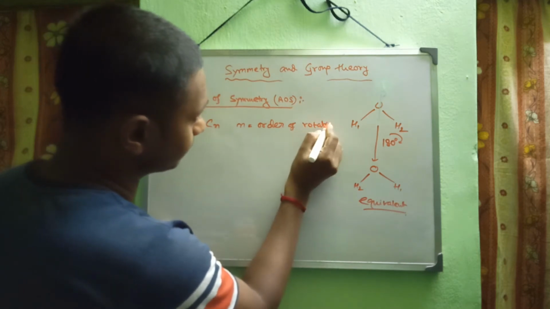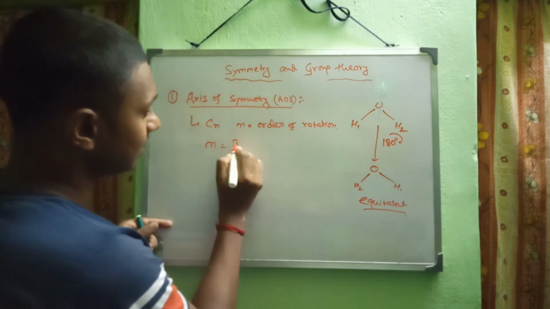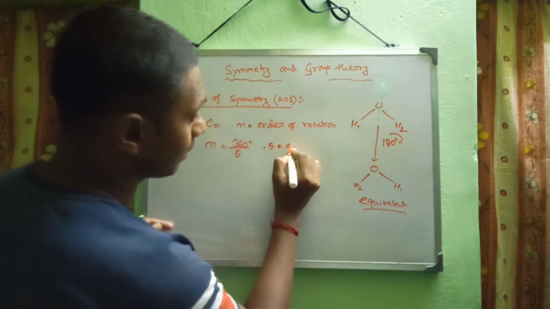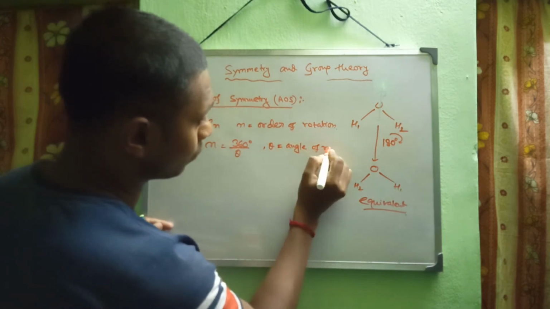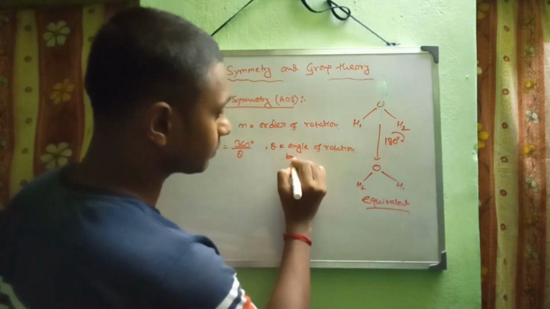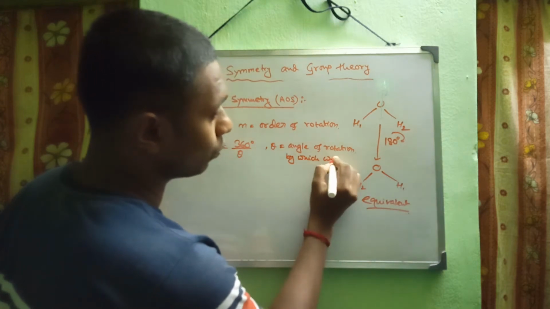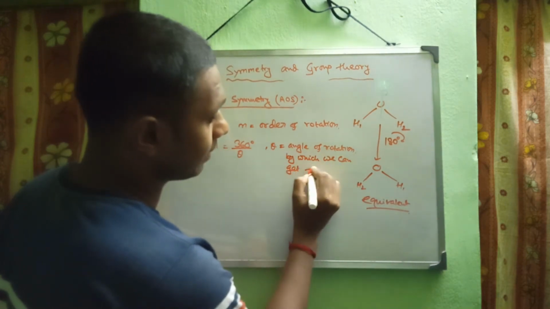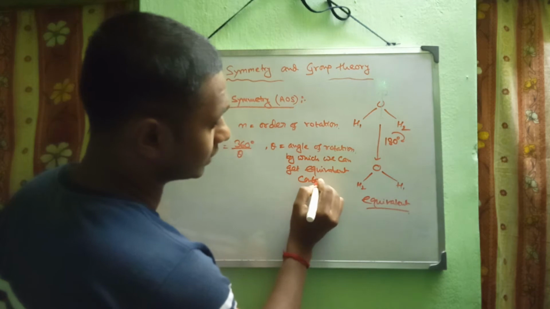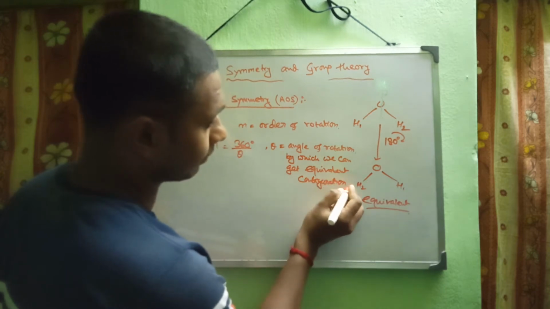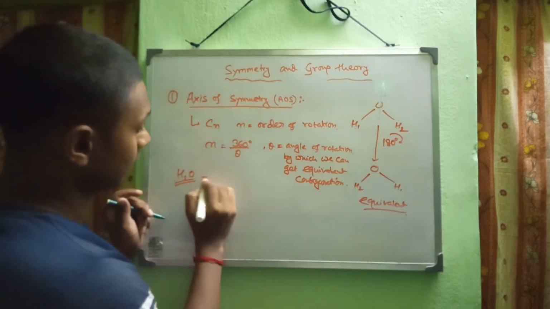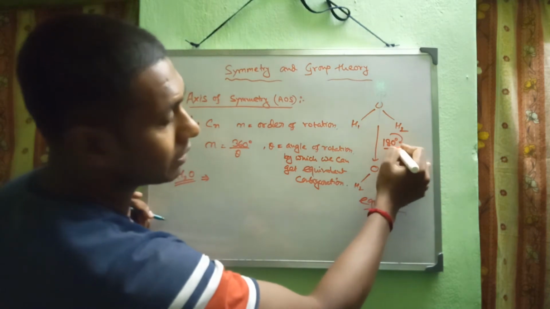rotation, and the value of n is given by 360 degree divided by theta, where theta is the angle of rotation by which we can get an equivalent configuration. Clear? Now for H2 molecule, we get an equivalent configuration by rotating